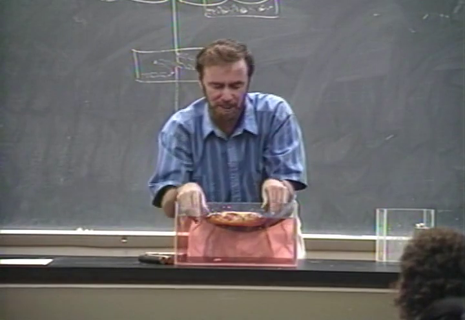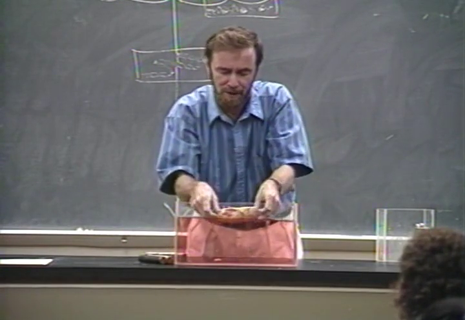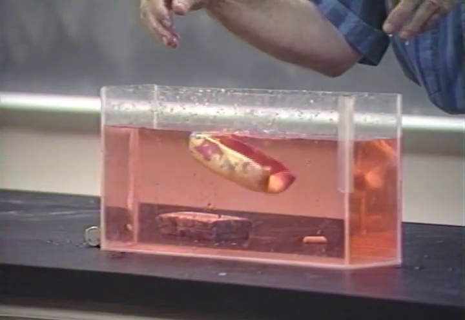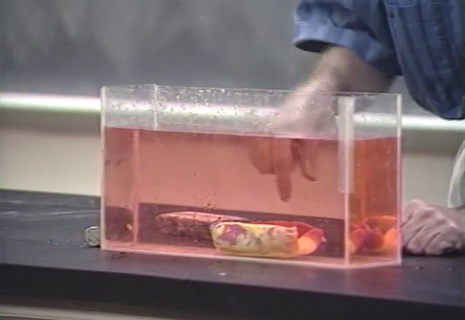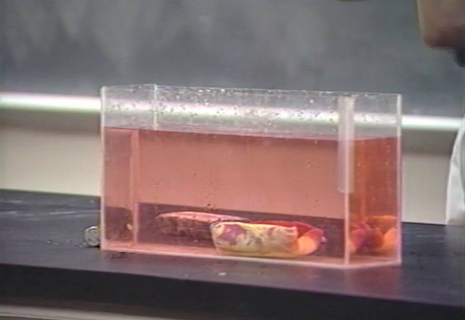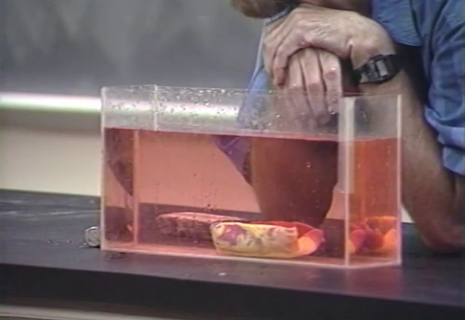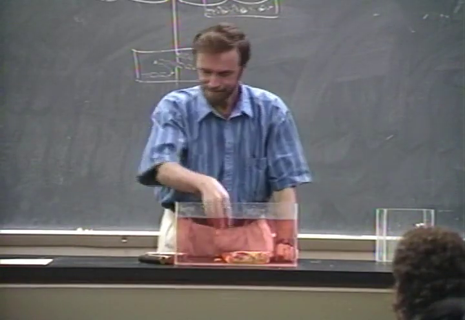If I make the buoyant force less by having it displace less water, then the buoyant force is not big enough to support the weight. So the weight's the same, the buoyant force is less, and it goes in the direction of the net force. Kind of see that? Makes sense?